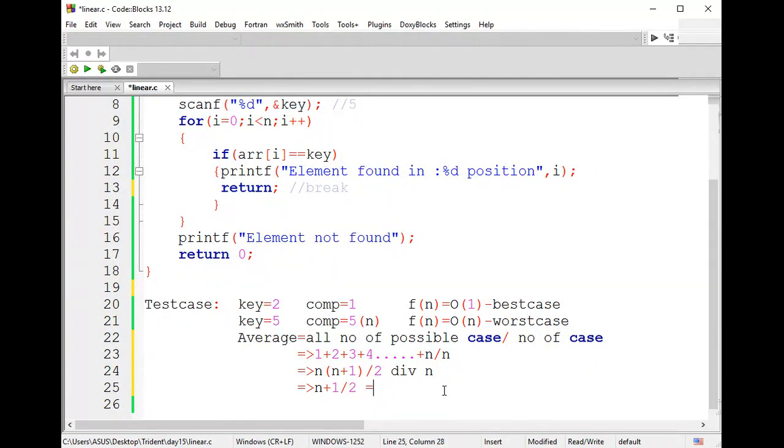Removing the constant, what value do you get? That is nothing but n again, which can be written as big O of n. Is it clear? Mostly whenever you calculate average cases, your average case will be more or less your worst case scenario. It is not required to calculate it. Even then I showed you how to calculate the average case. Is this clear, guys? Do you have any doubt on it?